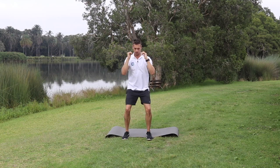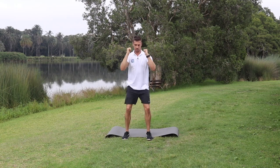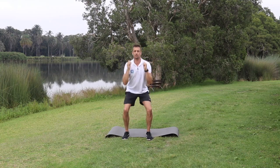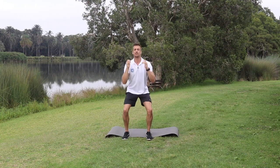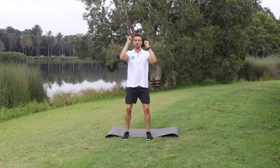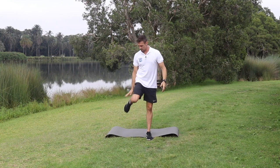It's 2, 3, 4, 5, 6, 7. If you find you're coming up on your toes with this exercise, it might mean that you do not